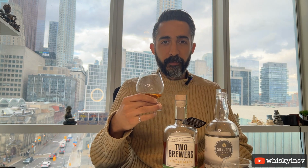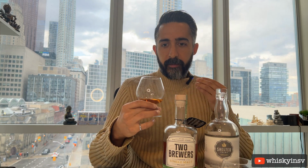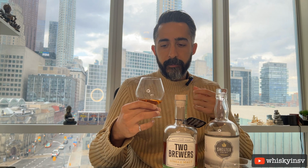Okay, so now let's see what it is on the palate. Okay, so the arrival on that is quite sweet, and all the vanilla and the caramel notes come out. And then as it's developing, a slight metallic note starts to develop as well. And it's kind of unfortunate because I really think the nose on this is excellent. But when it comes to that metallic note,